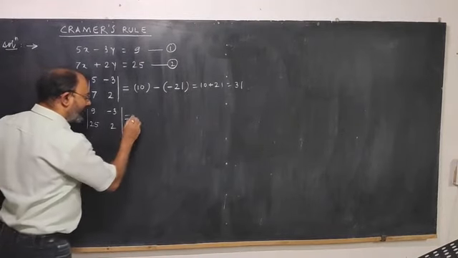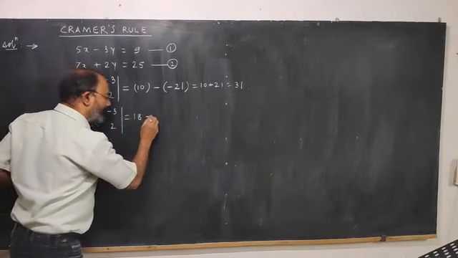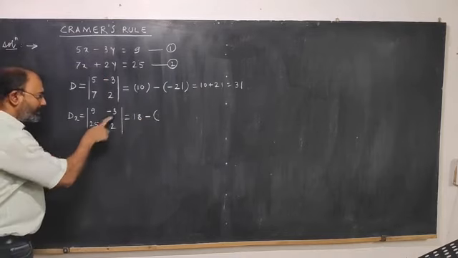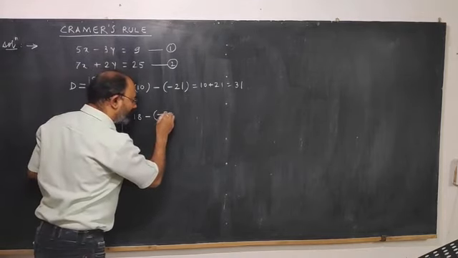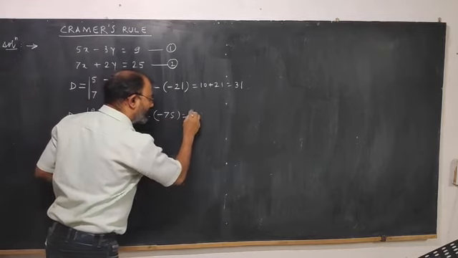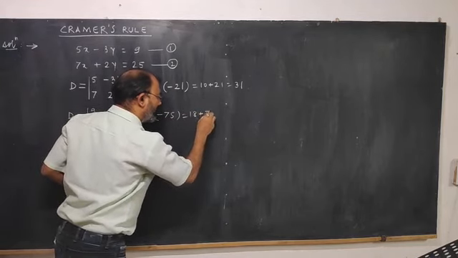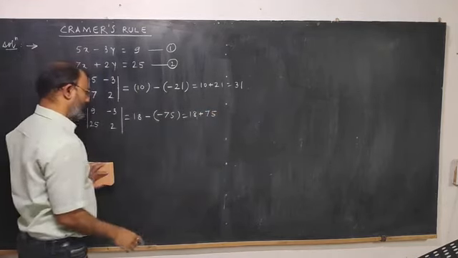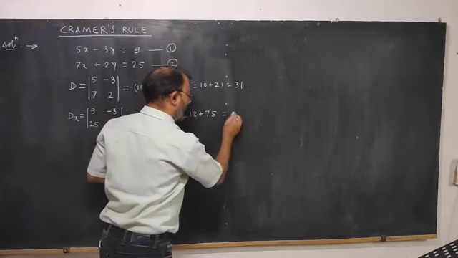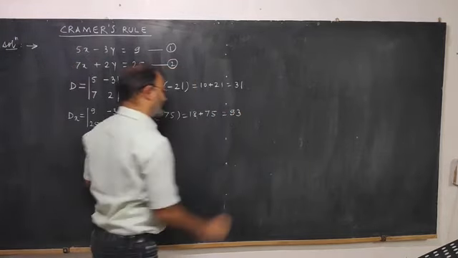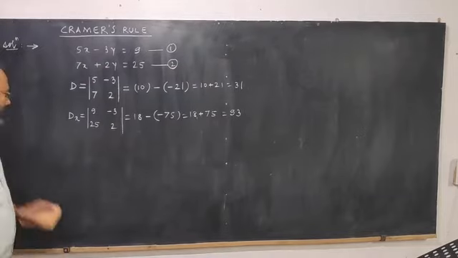9 2s are 18 minus 25 3s are 75, so minus 75. This is equal to 18 plus 75 is equal to 93. Okay. Now